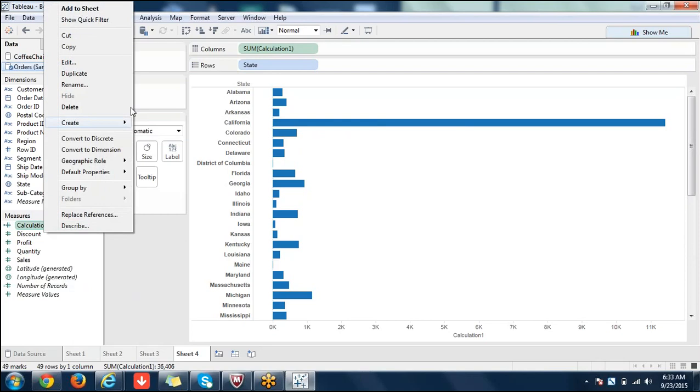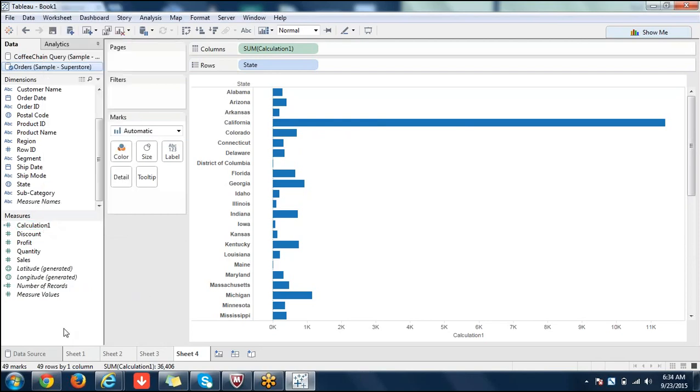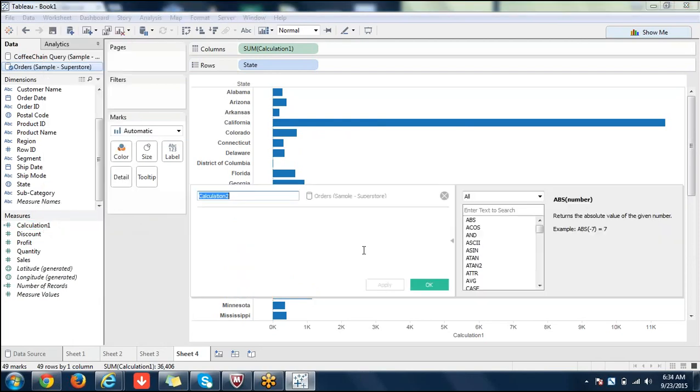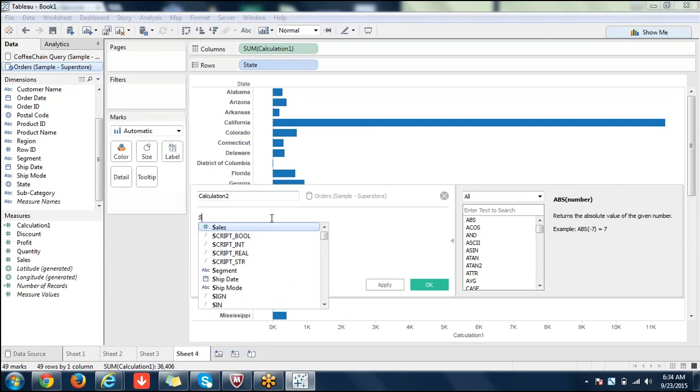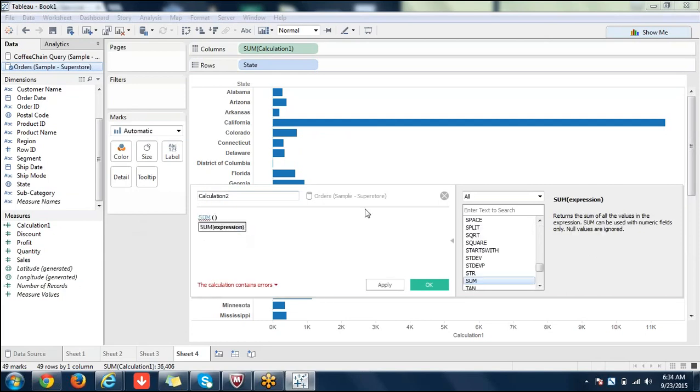Now I'll create another calculation. Sum of sales divided by sum of profit.